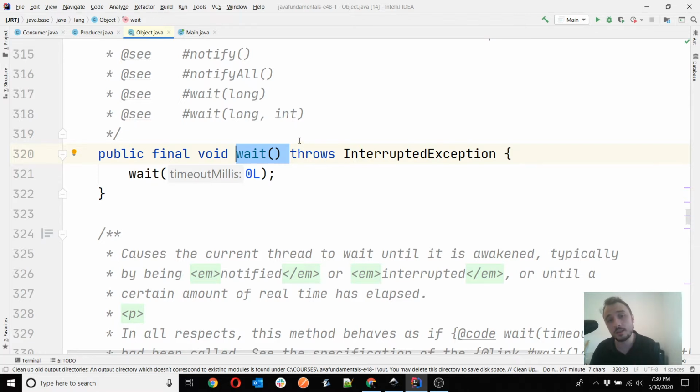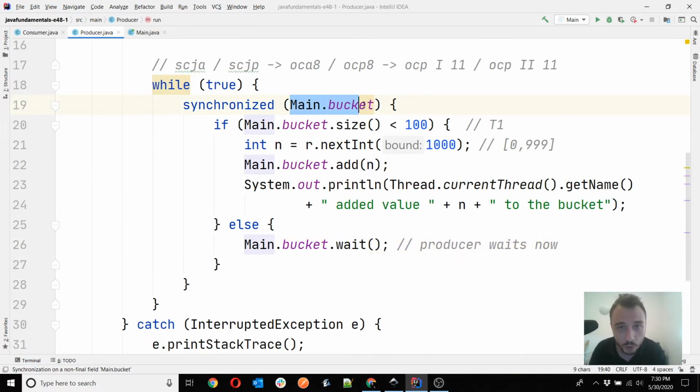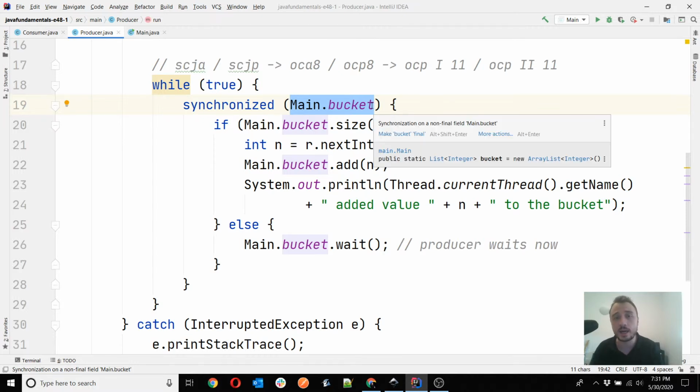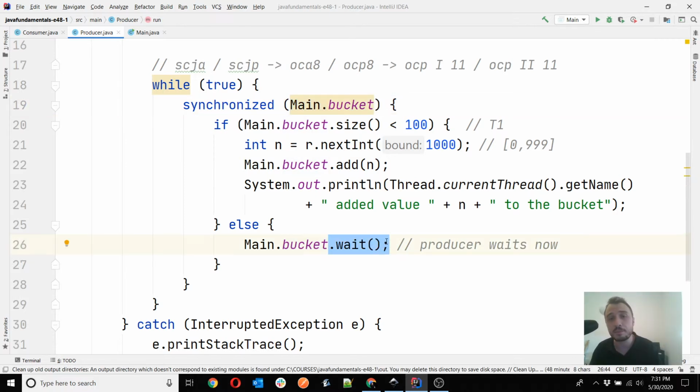And the reason they are part of any object is that you can use any object as a monitor. In Java you can take any object instance and use it as a monitor. That's why wait, notify, and notifyAll are directly up there in the Object class, and they are inherited by absolutely all objects in Java. So you can use wait and notify from any object in Java.